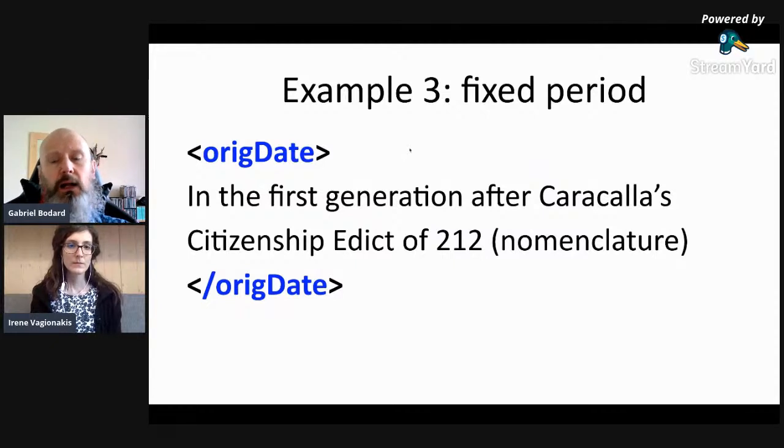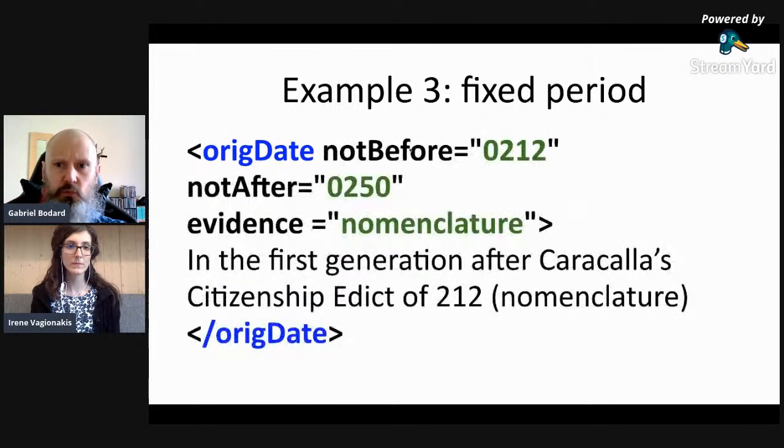Third example, you have a period which is partly fixed. So you have something vague like "in the first generation after Caracalla's citizenship edict of 212." We know that from the nomenclature. That's a date that we can fairly concretely say is not before 212, because that's when the citizenship edict was passed, and within a generation of,